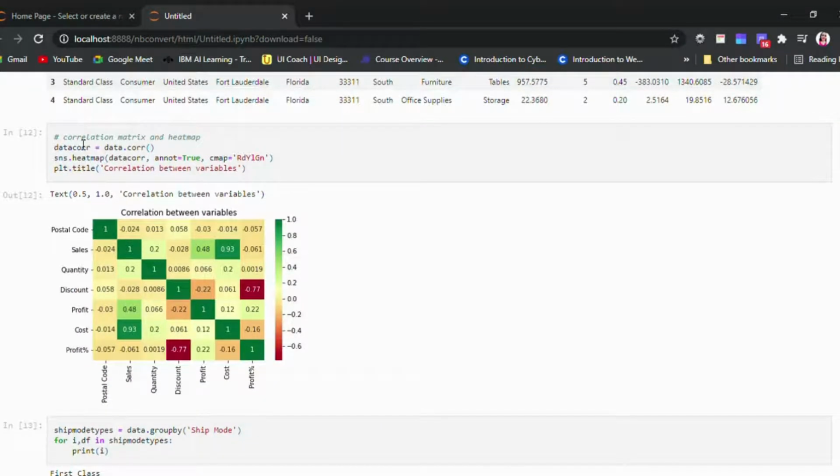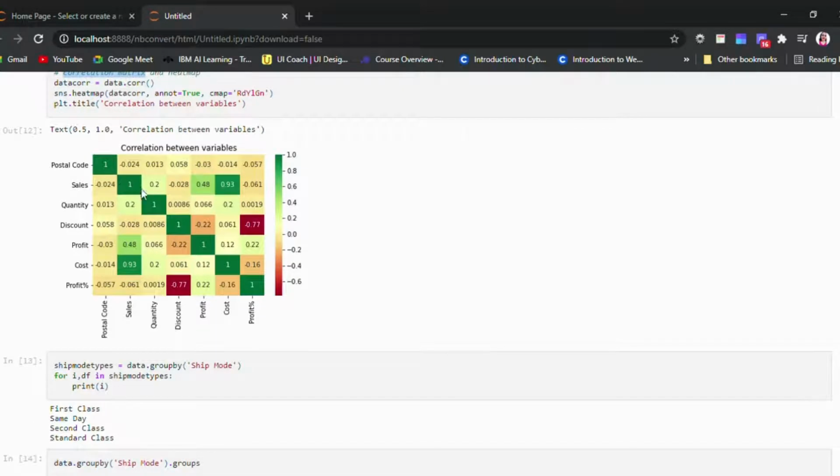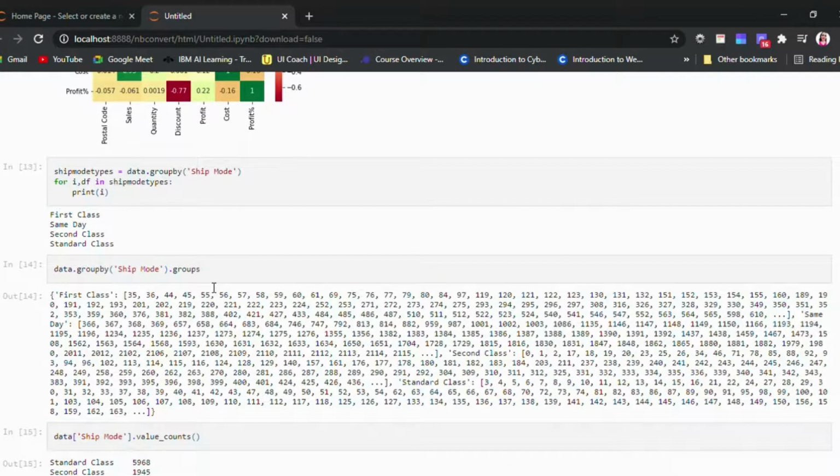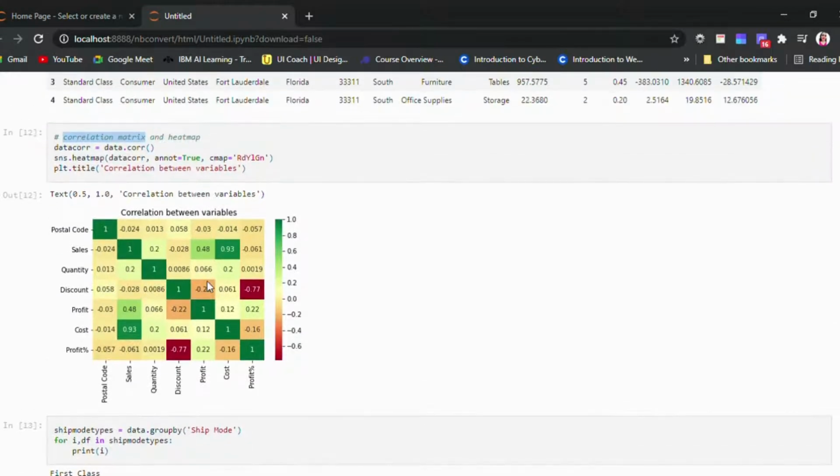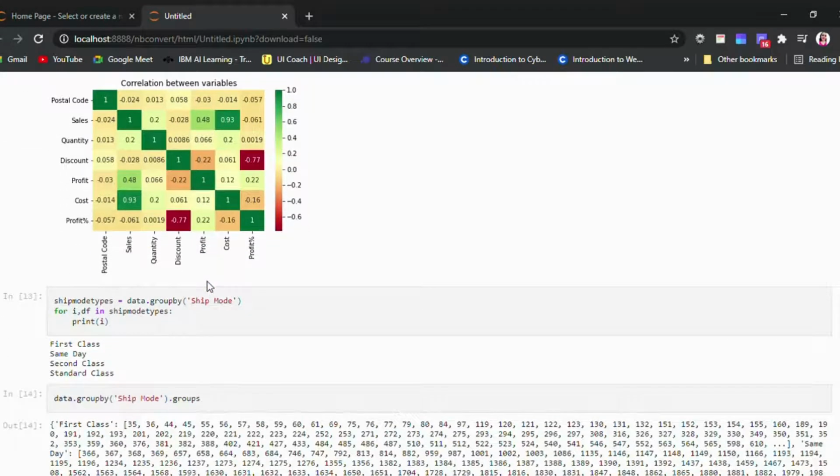Now we are obtaining the correlation between the variables, that is the dependency of the different variables. Here you can look, it has a diagonal where at every diagonal we can find a perfect correlation, that is 1. Hence we can conclude that the data is largely independent between variables.